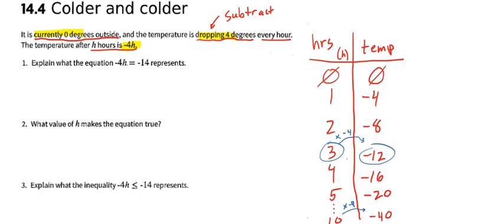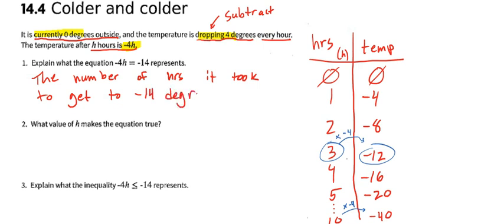Explain what the equation negative 4h equals negative 14 means. Well, that means it represents the number of hours it took to get to negative 14 degrees. The number of hours it took to get, or to equal, negative 14 degrees. That's what it means. How many hours it took to get to negative 14 as it's going down by 4